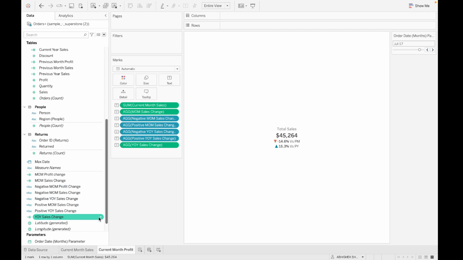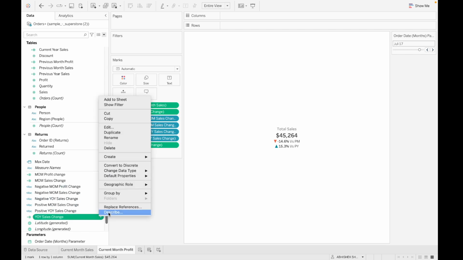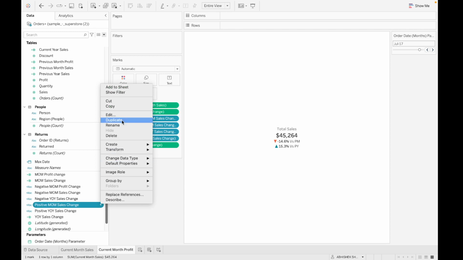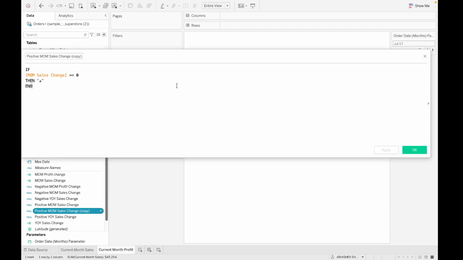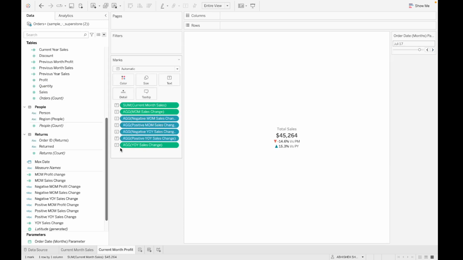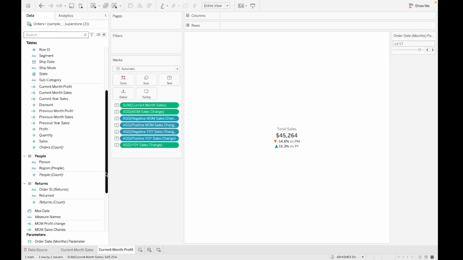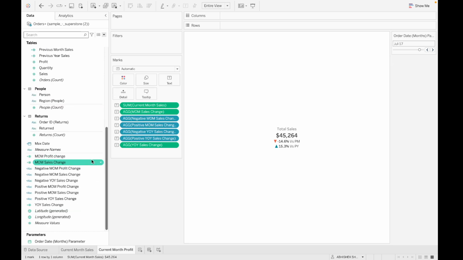then we have to do YOY profit change, and the positive MOM profit change. Duplicate it, edit it, just change in here, profit change, right? Now similarly for the year over year,